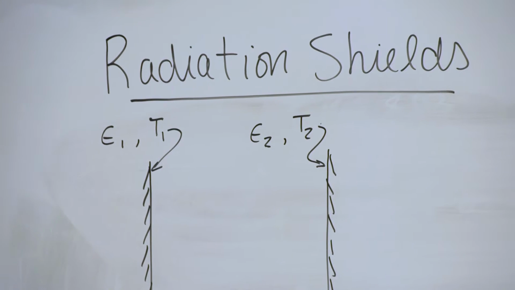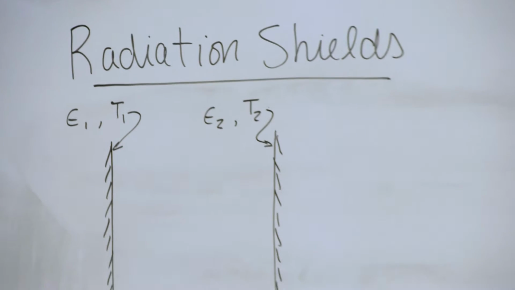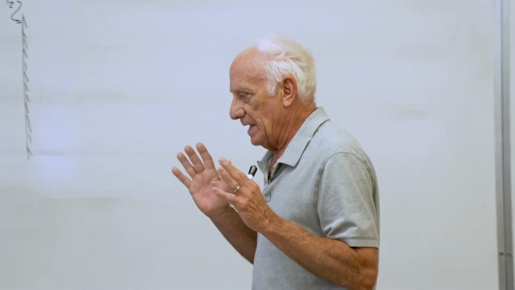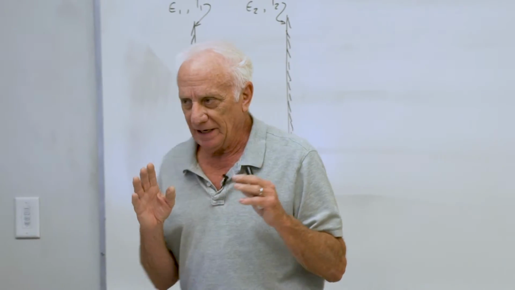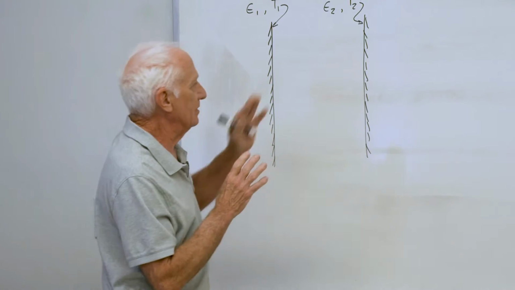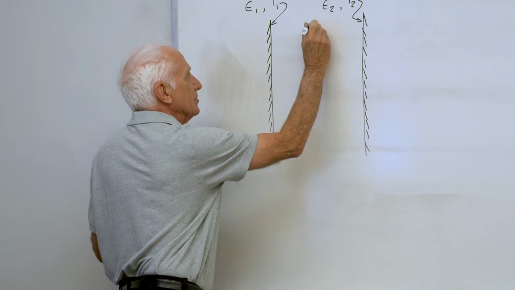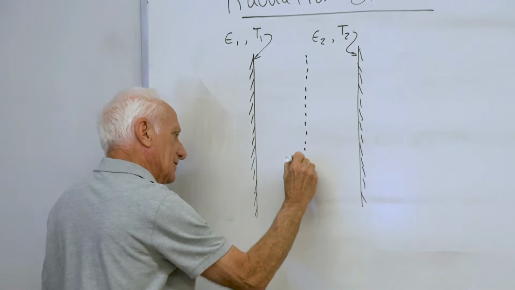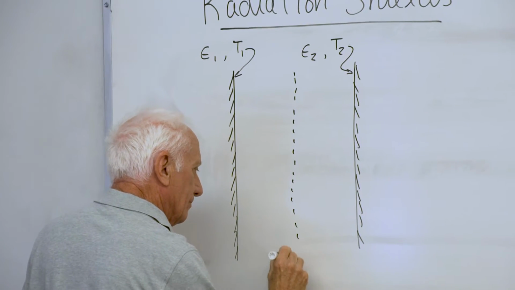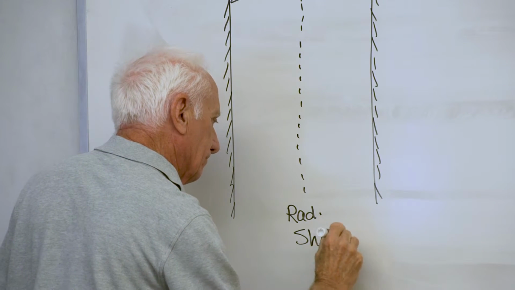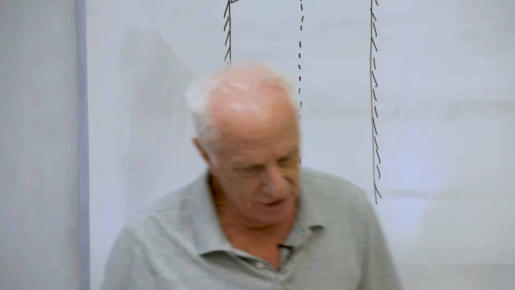Sometimes we want to prevent or at least minimize that heat transfer. One way to do that is to put something we call a radiation shield between the 2 surfaces. So I'm going to show this radiation shield as a dashed line. The radiation shield,